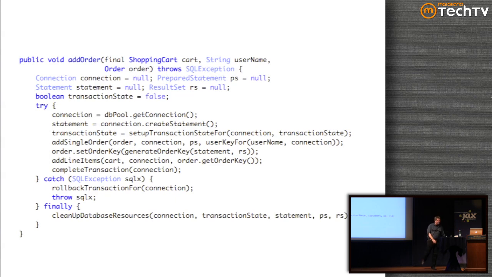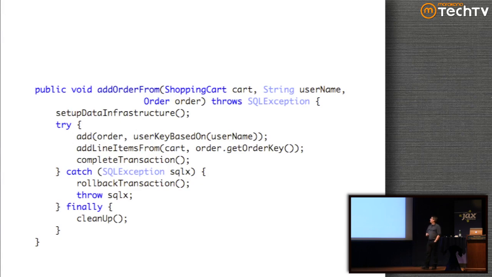So I'm going to do another refactoring run on this, take some of this shared state and move it out to the class level where it's safe to do in this particular application, and end up here. Now I'm getting somewhere because now I can tell what's actually going on in this code. It sets up some infrastructure, does a little bit of work, completes it, rolls it back if something goes wrong, and finally it cleans stuff up. This is exactly the code that I had before, only now I can understand what it does.